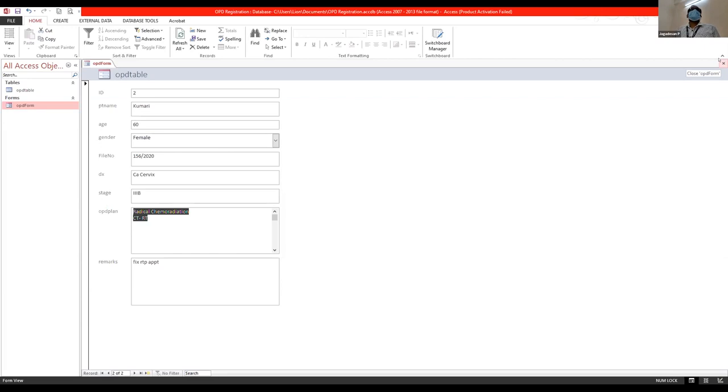Now that we created 2 patients, let's see how we can compile this information. Just for discussion's sake, I'll add one more patient. To make things better, this time we will call her, let's say, Govindamal. That's a common name. This Govindamal is 45 years old. She is a female, and we have given her a file number. Let's call the diagnosis CA breast. Okay, so we'll say CA left breast.